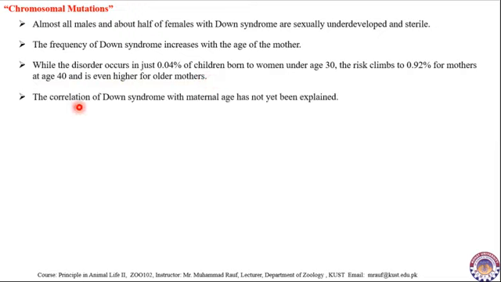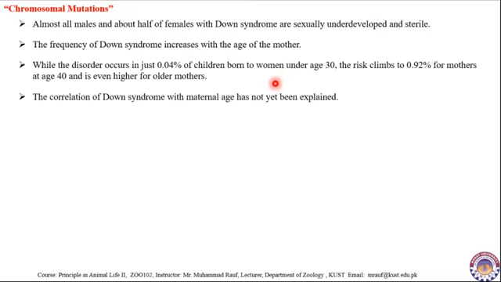The correlation of Down syndrome with maternal age has not yet been explained. So this is basically a statement from the Campbell biology book, but in other books they have suggested a reason why the instances of Down syndrome in children increase when the age of the mother increases. It is because of the process of